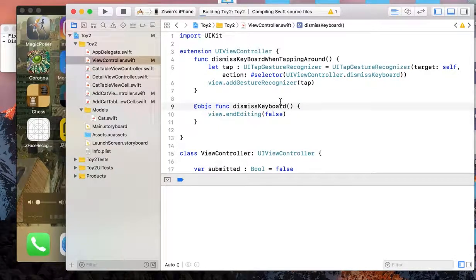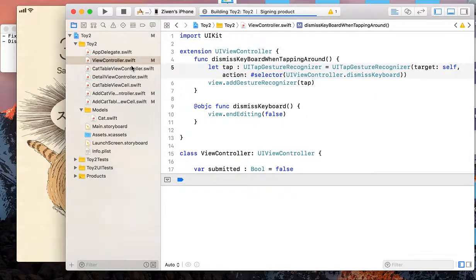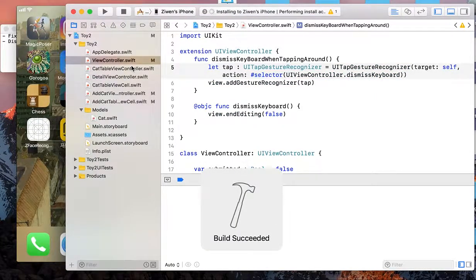So actually I think this is something they added to Swift recently. I don't think I have to add this Objective-C signature. I don't remember I had to add this in Swift 3 something, but whatever. Let me unlock my phone again and